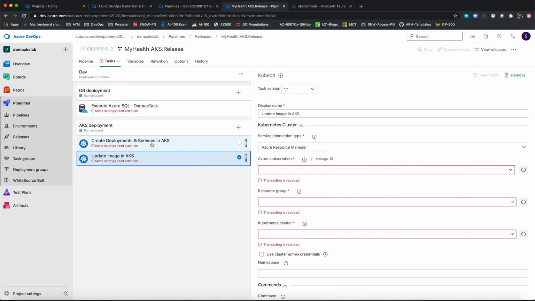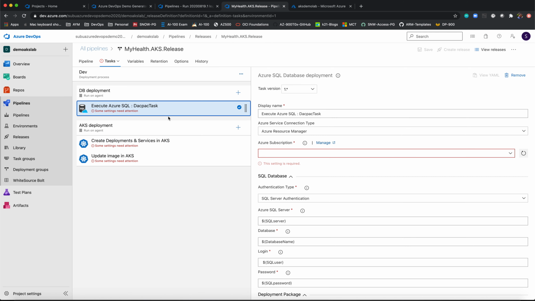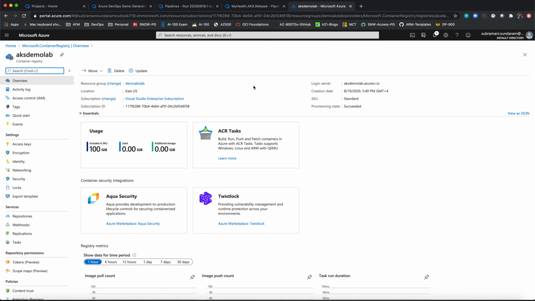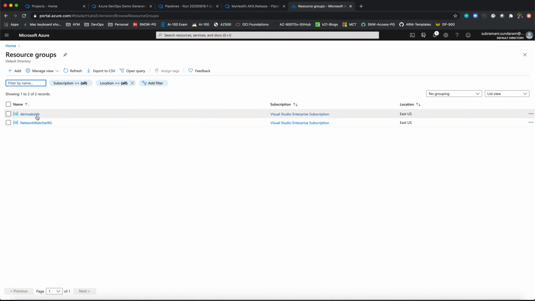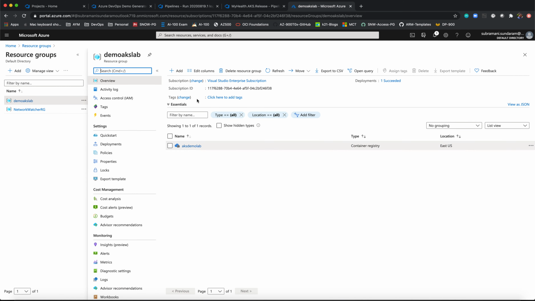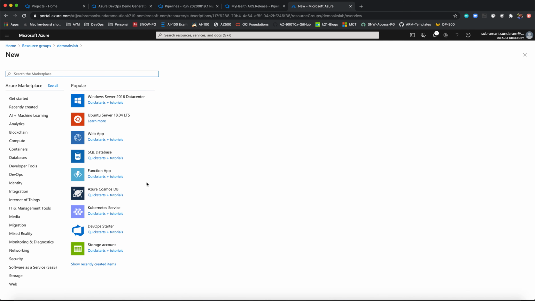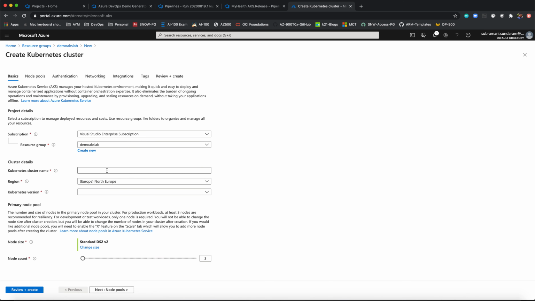So what I need to do is create an AKS service, a Kubernetes cluster, in my Azure, and then create a SQL server in Azure to map it. Okay, so I'm going to my Azure under my resource group, which I have just created as demo lab. I'm clicking on add, and then choosing Kubernetes services. Here I'm giving the name demo AKS lab.